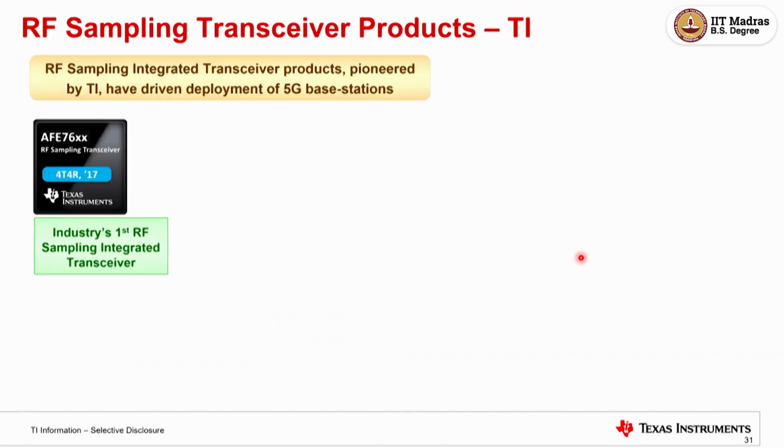And this is probably the last foil that I want to talk about: what we at TI have been doing over the years. This is just to show the evolution of what we did. 2017 is where I think it started, the 5G deployment, probably in China, because India is still late, but China had already started prototypes. So we did the first RF sampling transceiver, the third generation that we discussed, for 5G. We did that at that time to enable the 5G evolution or